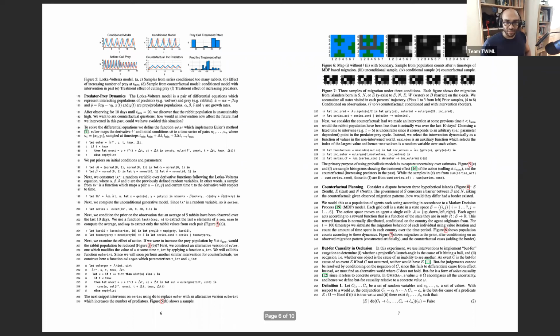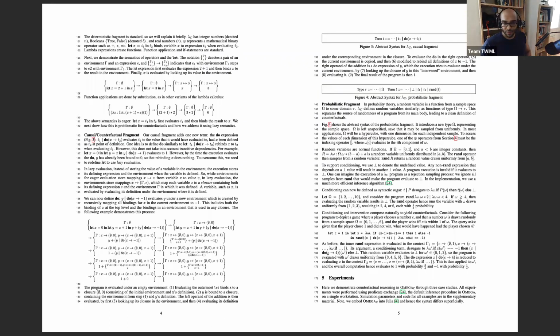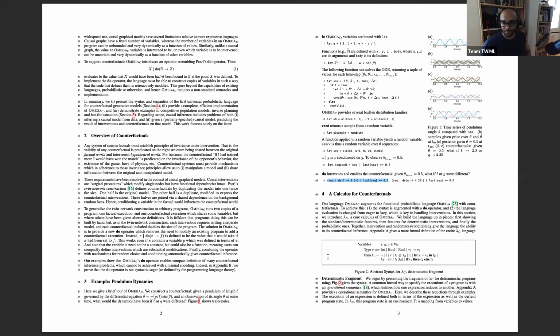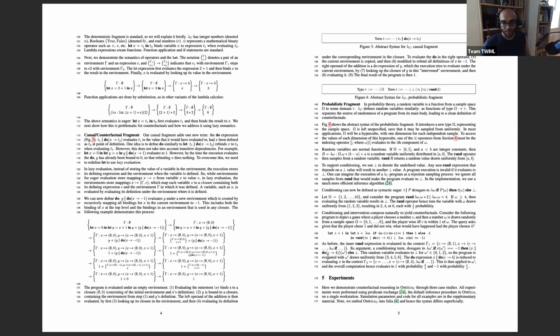And it seems to me that most of the meat of the paper is in this new calculus, this lambda calculus for counterfactuals that he defines. I'm still digging into that, trying to figure it out. I don't think I'll be able to understand it that well because it's just not my background. But I'm hoping somebody else can explain it to me. I'm going to read it a few times, and what I'm hoping to see is,